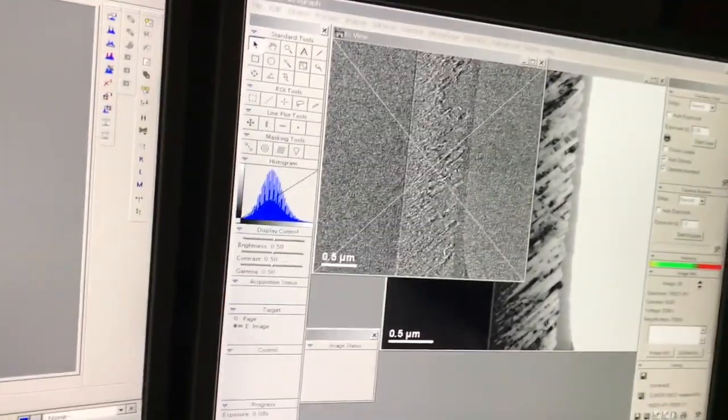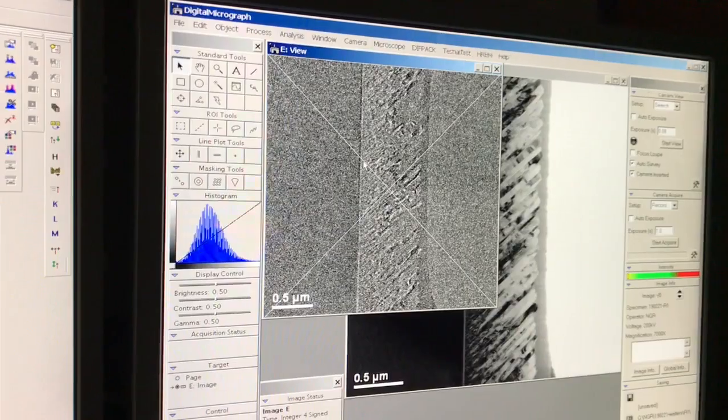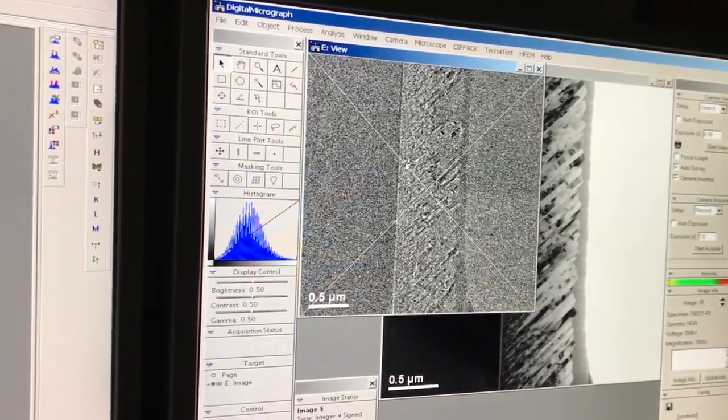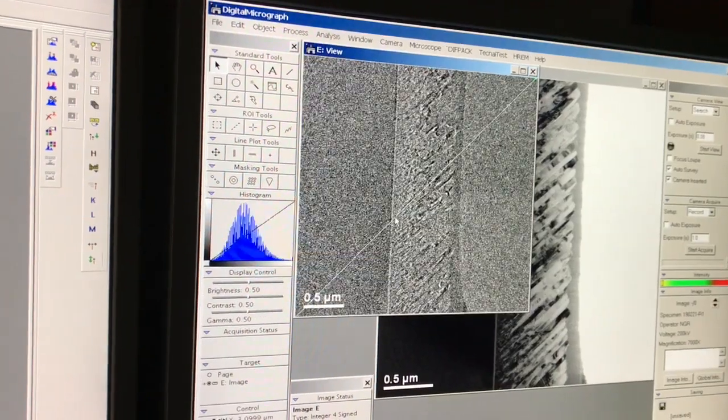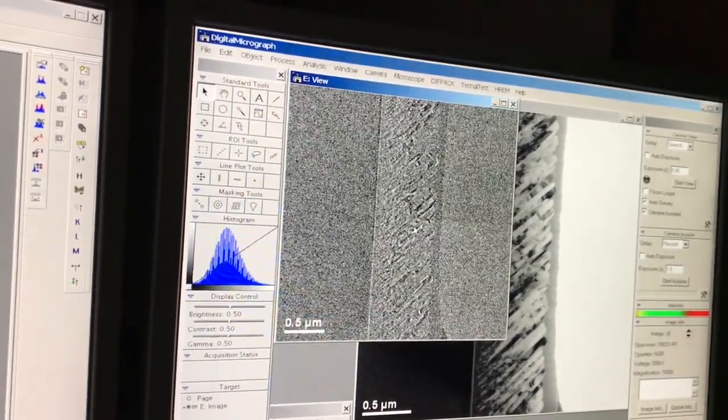Okay, so now you see I have this X drawn on the image. Actually, I'm gonna delete that so I can show you how I drew it. It's not very difficult, but I'm gonna go ahead and delete it so you can see. Okay, the point of that X was to find the middle of the picture rather than to just, you know,